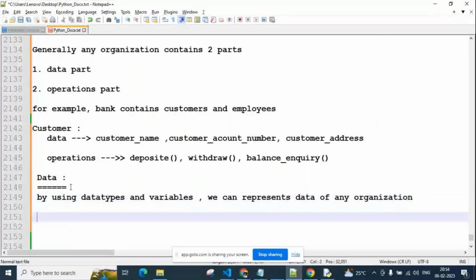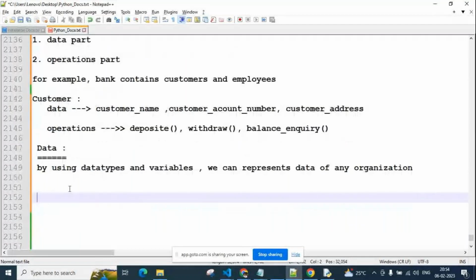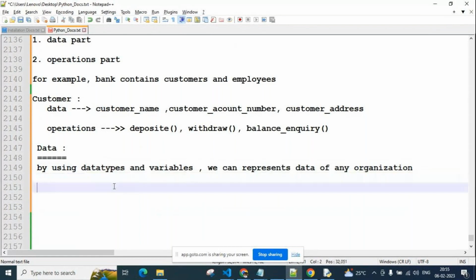Already I said, guys, one language's data types and variables may not be the same as another language's. Each language has its own data types and its own variable syntax. Okay, in our Python, what data types there are and how we create variables, that we need to learn. Okay, just wait some time. Yes, these all are theoretical concepts, guys, like a story, you need to remember it. Okay, next operations, guys, operations part.